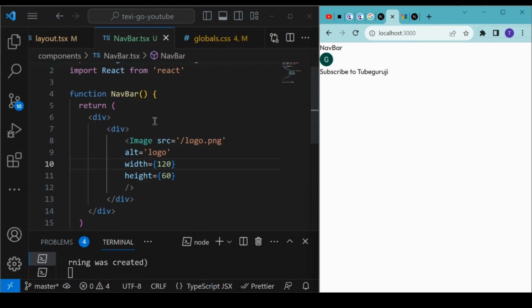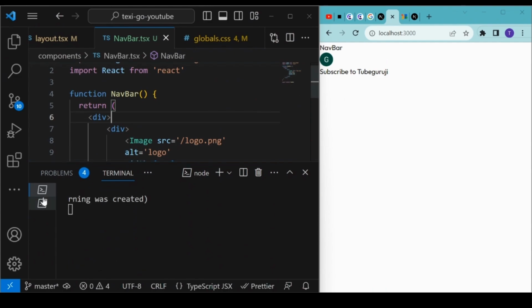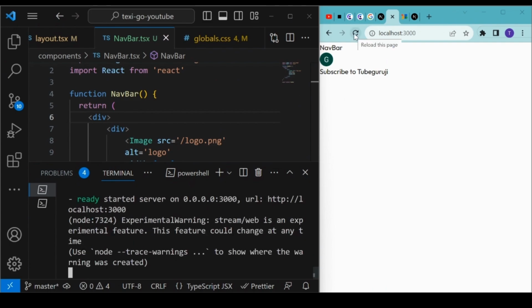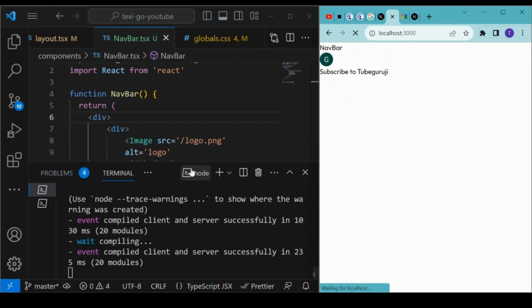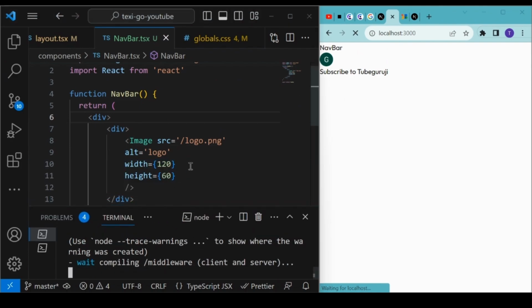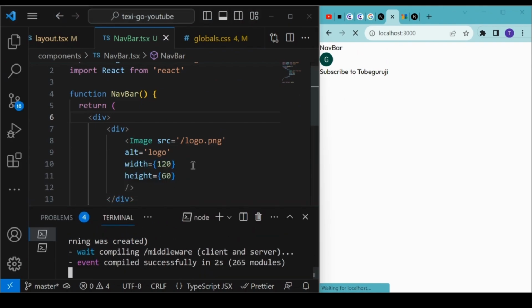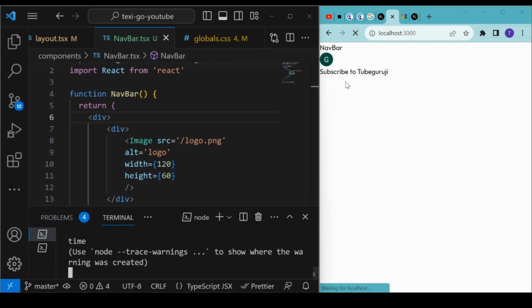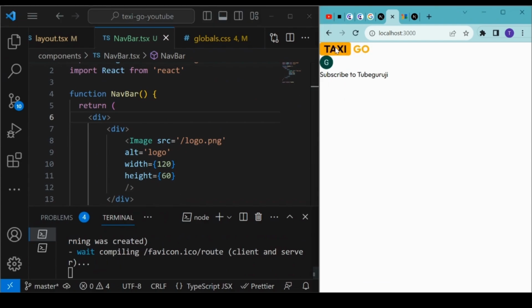Okay, so let me check why it's not showing. Maybe we just rerun the project. Sometimes, due to a cache issue, the application will not run properly, but just make sure you rerun the project. Okay, and we will wait for a few more seconds, and we see the project is run and the image is showing on the screen. Okay,